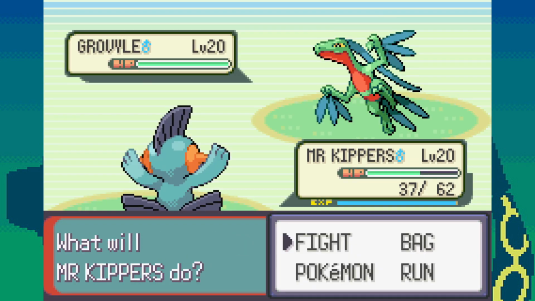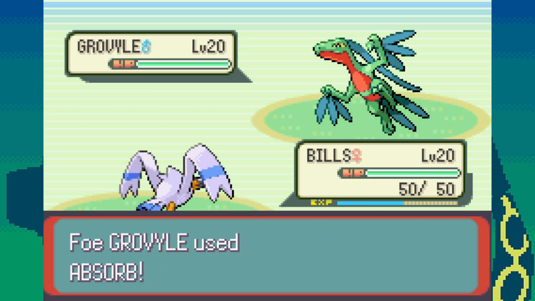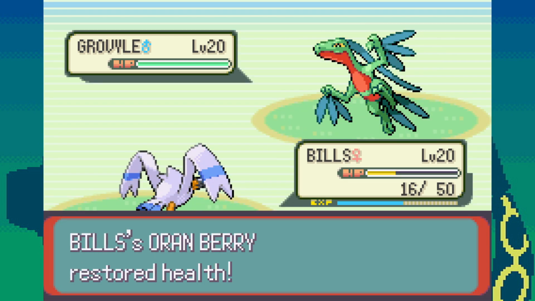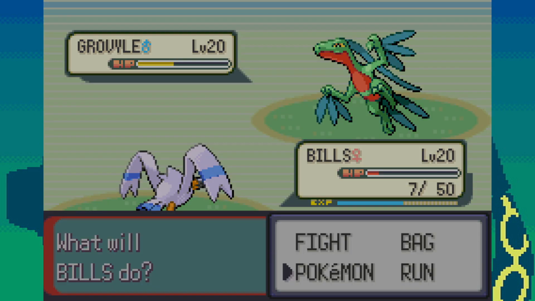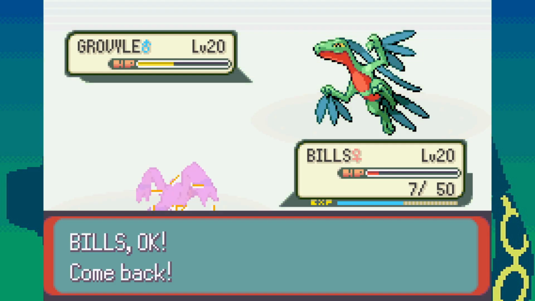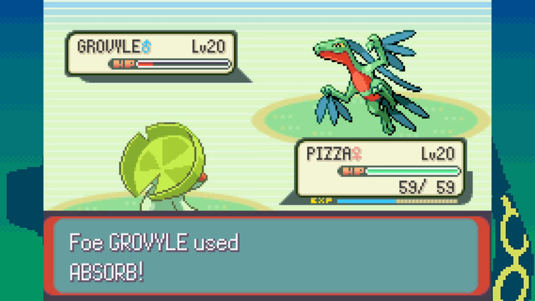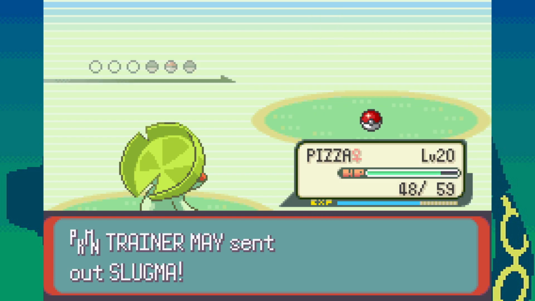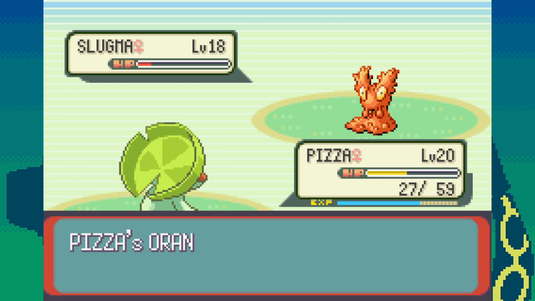After 4 tackles from Marshtomp, we managed to take down May's Wingull before we'd switch to our own Wingull for Grovyle to try and get a super effective advantage. Oran Berry in this fight, probably not for the first or the last time of this video, saving one of our Pokemon. This was enough for Lombre to switch in and pick up the pieces to take down Grovyle, and also finish the rest of the fight for us as he also took down May's Slugma. 3 Nature Powers was all that it took for us to win the fight, as we then headed up to